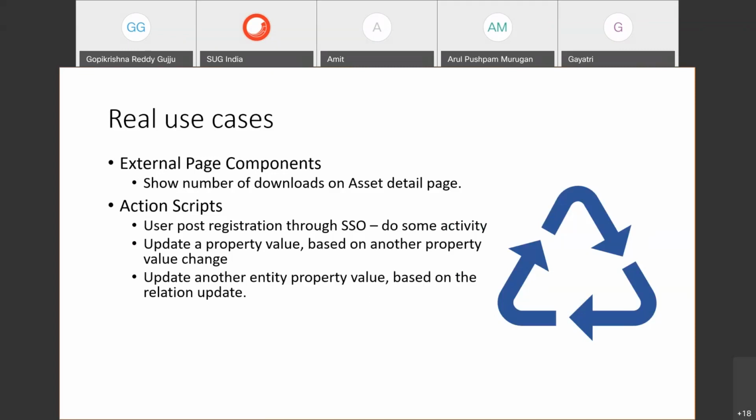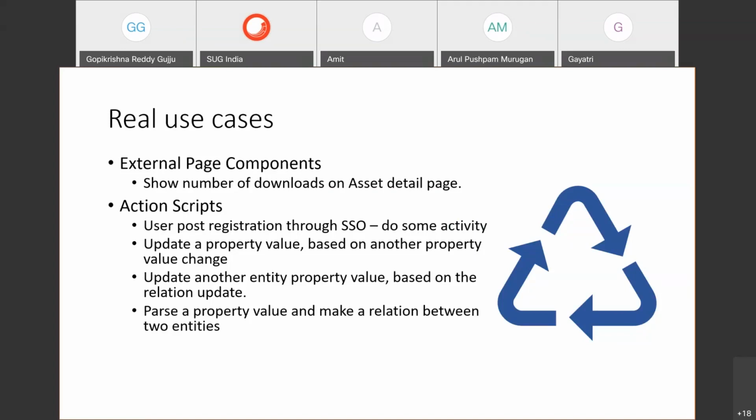Anytime a relation is changed between them, like one-to-many or many-to-many, or a relation is removed or newly added, we have another property on another entity which we need to update. Just imagine a count; this relation count we need to update. At that time we used action scripts, and it just fires when the relation is updated.